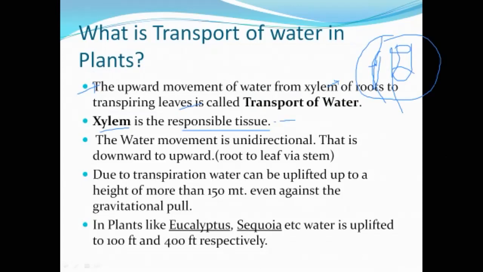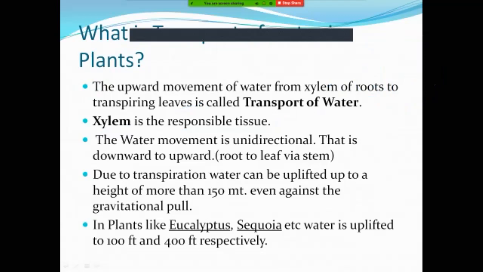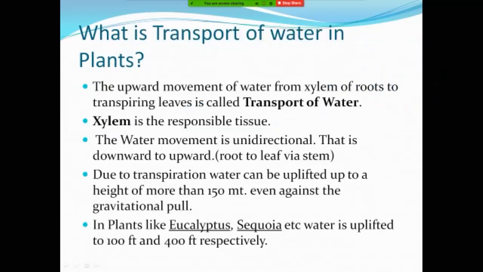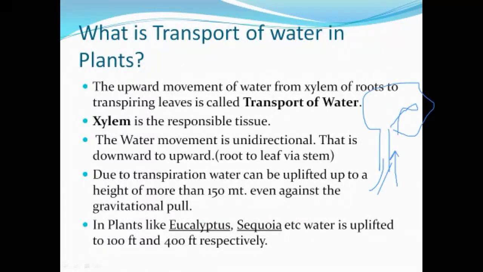The water keeps on conducting, absorbed as well as moved or transported through the xylem tissue. The water movement is unidirectional. This I have also concluded. The water can never be moved from the leaves to the stem. You should remember this: water cannot move from the leaves to the stem or the root. The direction of the water is always unidirectional, from the roots to the leaves. We can say it is a downward to upward direction. These are the roots, this is the stem, these are the canopy or the leaves. The water always moves from downward to upward, from roots to the branches.